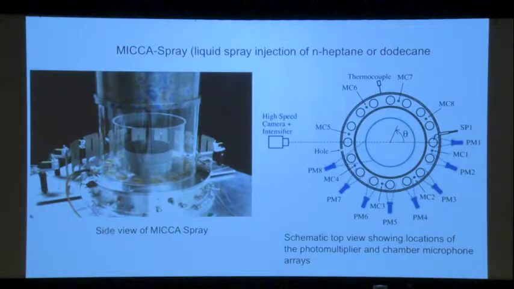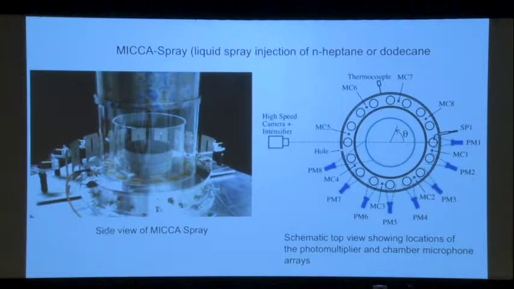Then we went to the spray. In fact, all the data previously was just for air and propane, but in practical engines, you have a spray. So we decided to have now injectors injecting a spray. This device has about 100 kilowatts of power. So each spray, because it's 16 injectors, each spray is a small spray. It's not much material that is being injected, and so that's a difficult problem.